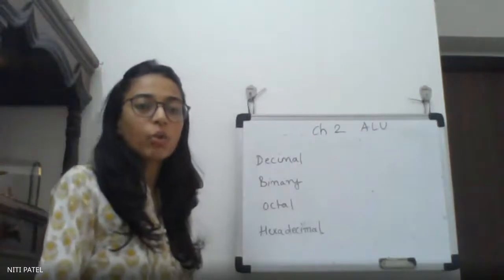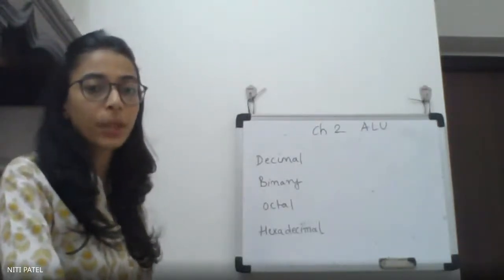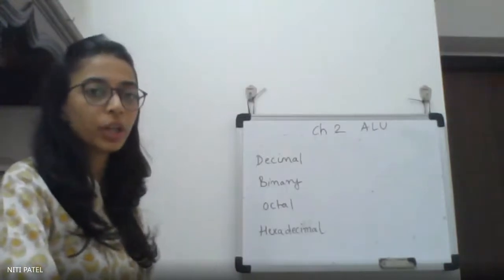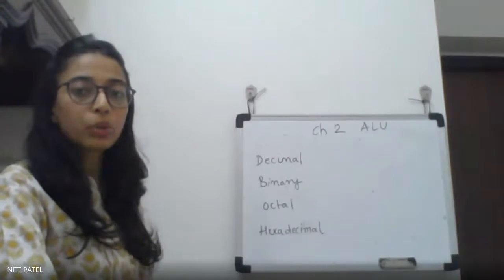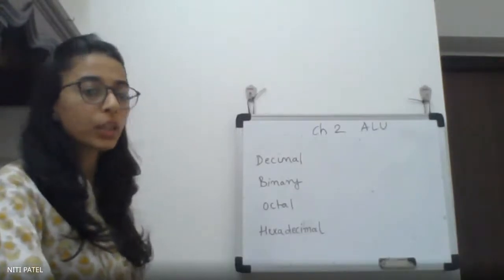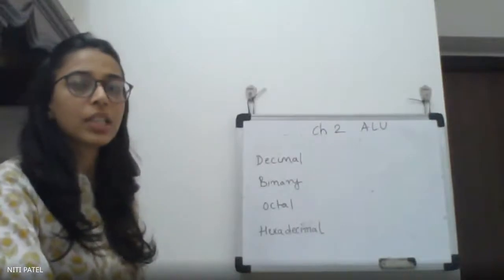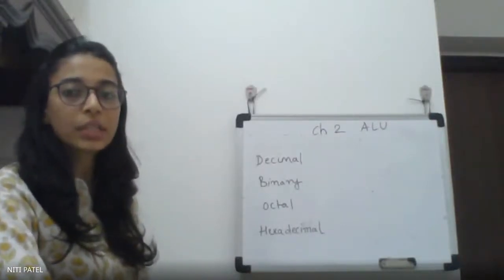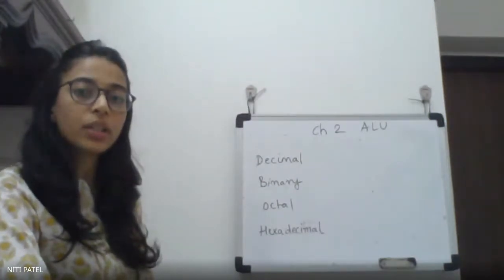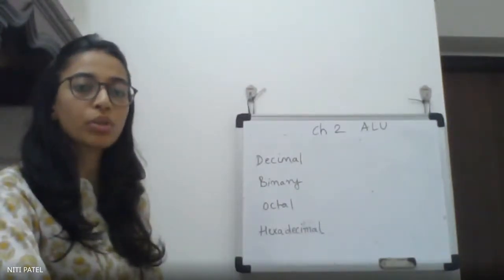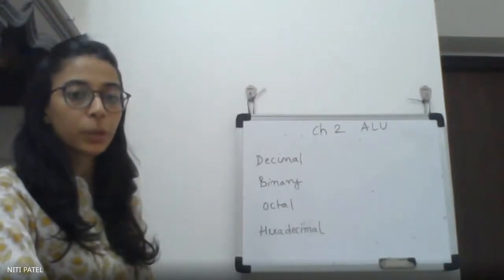What is that ALU going to perform? It performs all the arithmetic and logical operations. That is, all the brain work or all the calculation work will be done by your computer, but which part of your computer? It will be done by the ALU part of the computer. After the results are calculated, they are stored inside the accumulator, and after the results are stored inside the accumulator, they will also be displayed onto the output device of the computer.